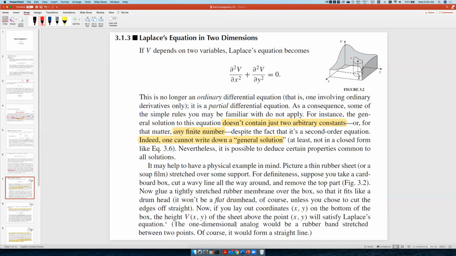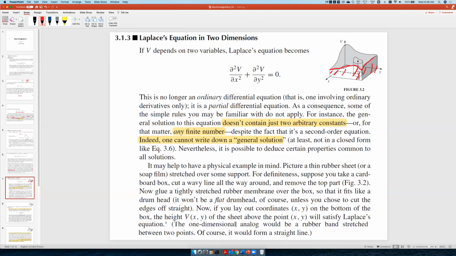The gray surface on the top is the representation of a Laplace equation in two dimensions. Now let's see how the example works. It may be helpful to have a physical example in mind. Let's picture a thin rubber sheet or a soap film stretched over some support. Suppose you take a cardboard box curved in a wavy line all the way around. Now let's say this is your box and you cut it in a wavy shape like